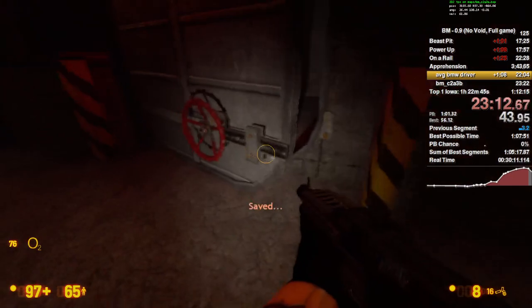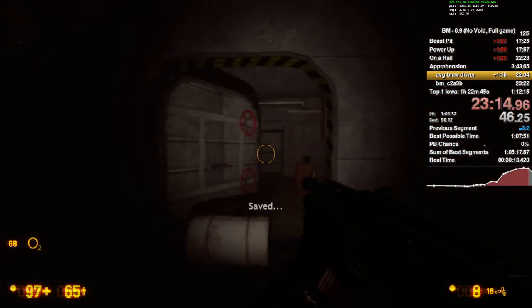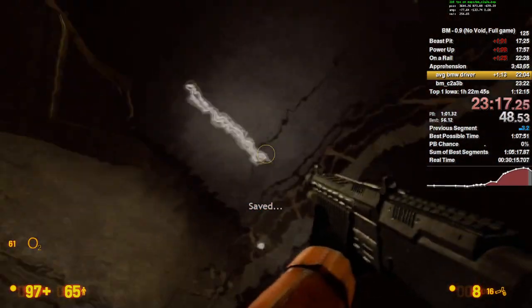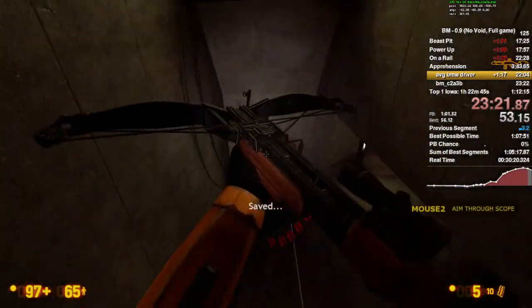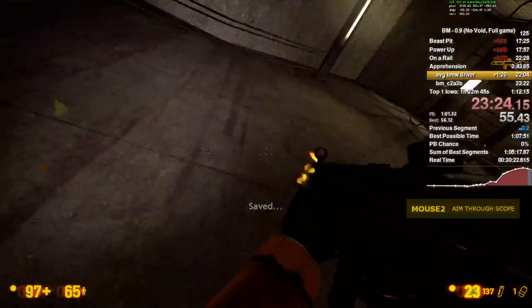Gordon has super strength. You can pick it up? Yes, dude, you can just hit E. It's that easy. Let it be known the world record holder didn't even know that. Yeah, I don't know shit about this game. You also didn't know about the end skip, so I mean,